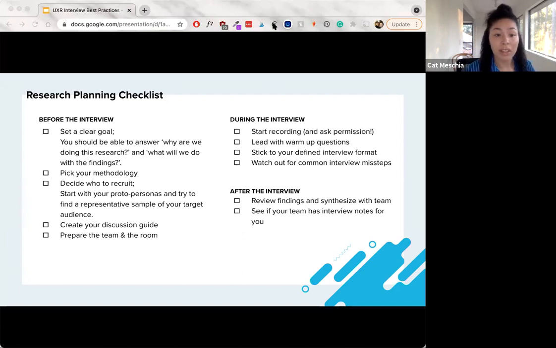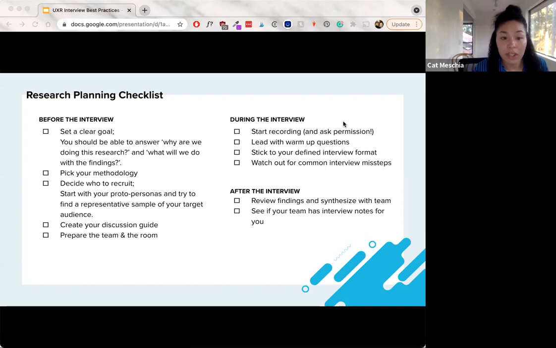This goal is really important because it can help determine your methodology. With your methodology, there are a couple of different ways to do it. There's honestly a ton of different methodology matrices that can help you determine which one to pick, whether you're trying to answer questions about your user or product, understanding what versus why, different time variances and budgets, et cetera, et cetera. I think someone might have done a presentation with it in this group. If not, hey, great future topic. But without that goal, you're not going to understand why a methodology is the right one for you.